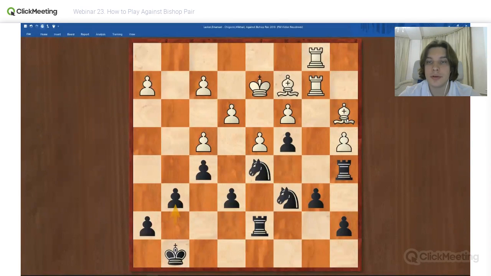So what do you think? What's the idea of g6 move? Oh, actually, it's a kind of a waiting move, maybe to get the king closer to the center, maybe just to understand what white wants to do. So he plays rook b5, which is not a good move at all. So rook b5, and then we can just take this rook.